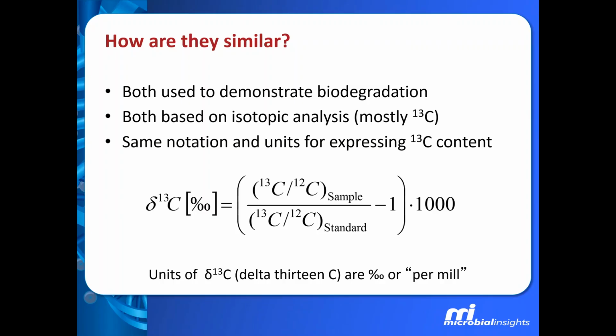a compound. And the delta 13C is just a way of expressing the amount of carbon-13 compared to carbon-12 in that compound, specifically the ratio of carbon-13 to carbon-12. And it's calculated based on that ratio and the sample compared to that of a standard. The standard is a particular carbonate mineral that everybody uses as a standard. So using this equation, we calculate this del 13C value. The units that we use for this value is symbolized by the little symbol that you see. It looks a little bit like a percent symbol at the bottom there, but the name of the unit is